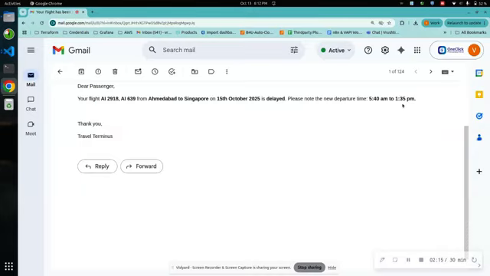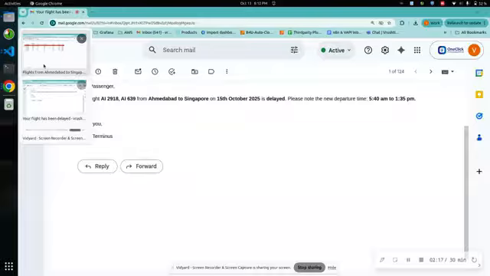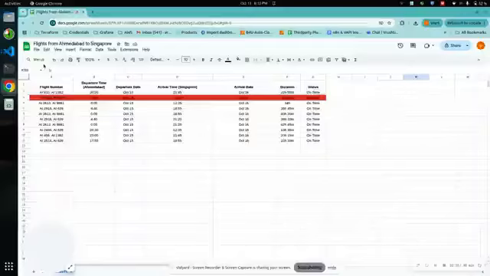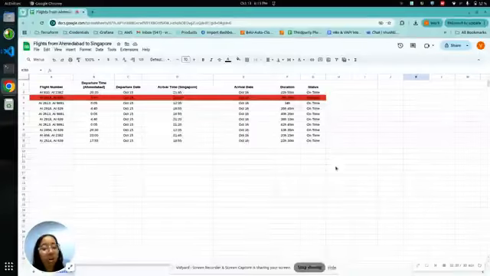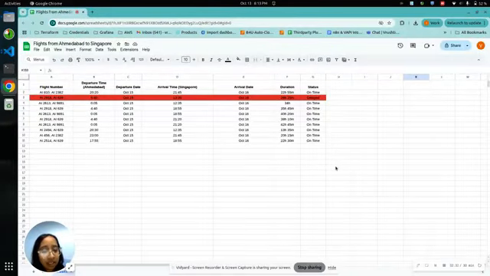This way we can see that all the delayed flights are notified to the customer, and all such hassle is handled in a very nice way. Customers need not worry regarding their delayed flight, as all such details will be alerted to them in their email messages or SMS messages.